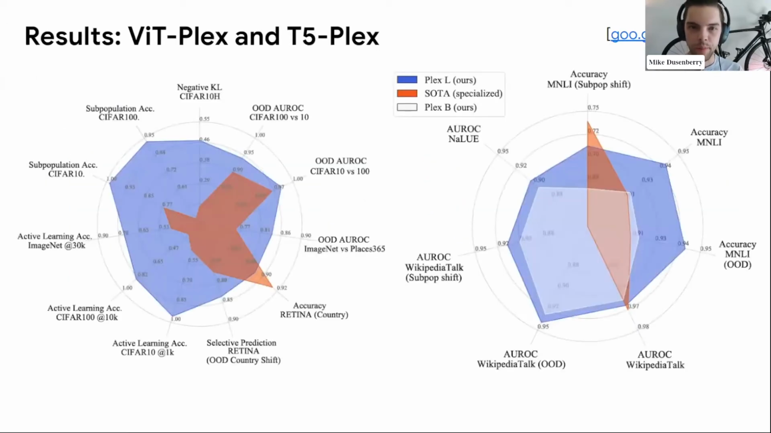All right, so with that, I'm going to pass it over to Jeremiah to talk about results for these models and the tasks we just talked about. All right, thanks, Mike. So now we're going to take a look at the results we got from